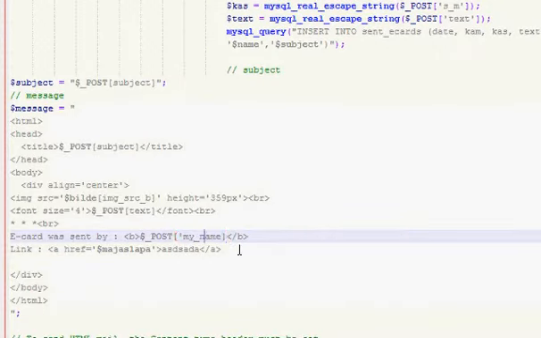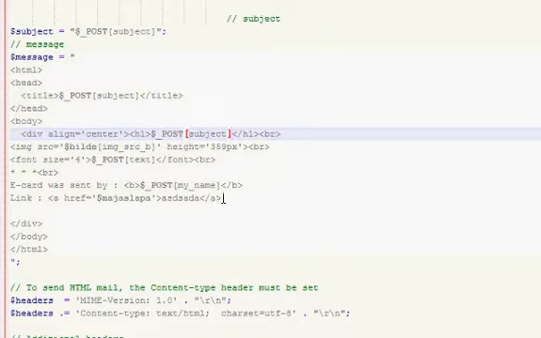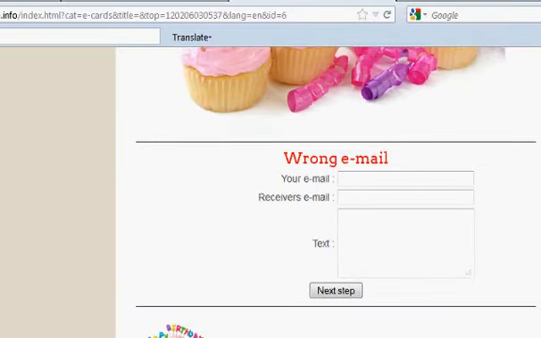So delete these single quotes. Alright, so we now have a much better, much friendlier form. Okay, but there is the image and there is the center. This is the title in the email, so this will not show anywhere. Just write h1 for a head title in the top of the e-card image, and let's just copy it inside.